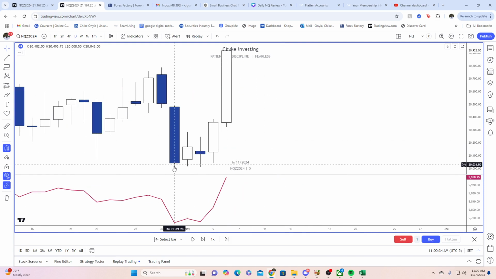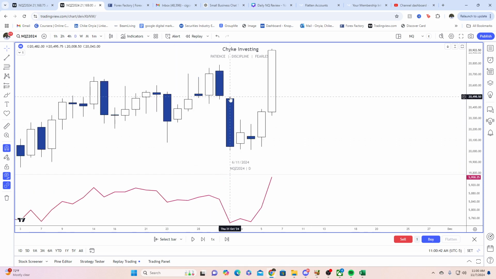As you can see, they had not been taken out yet. So we were technically consolidating in this daily candle's range, and at some point we're going to need to take out this daily candle's high and low. This candle is kind of called a volatility filter, where the next couple of candles can be consolidation candles, or the immediate candle after it needs to explode. If you don't see the second candle after this first candle exploding, then we're probably going to consolidate either the next day or the second day, and we're not going to take out this high or low yet.